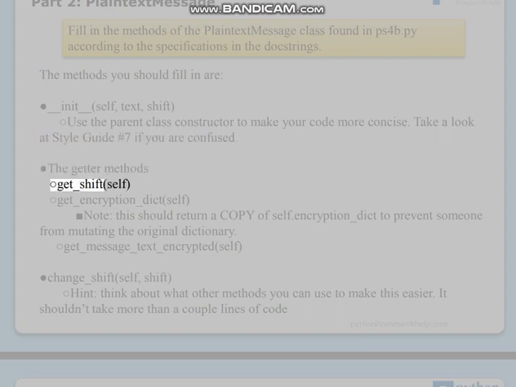The getter methods get_shift, self, get_encryption_dict, self. Note: this should return a copy of self.encryption_dict to prevent someone from